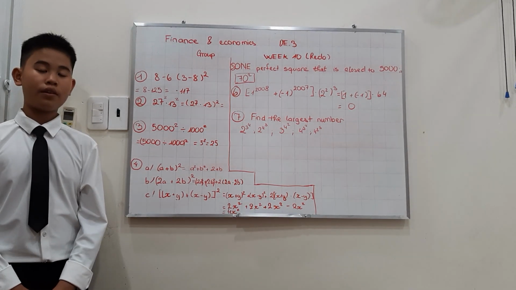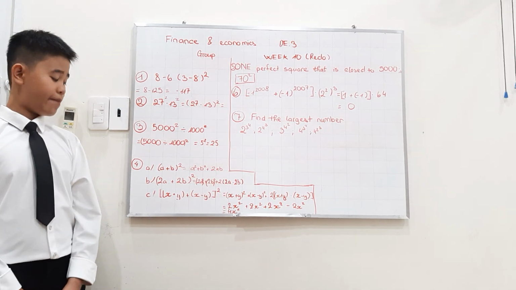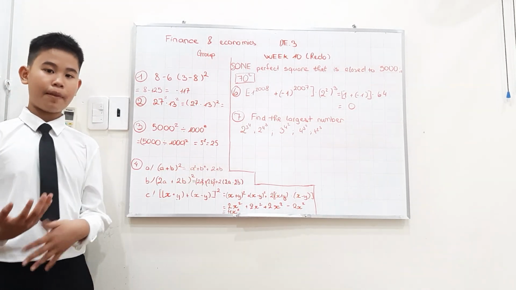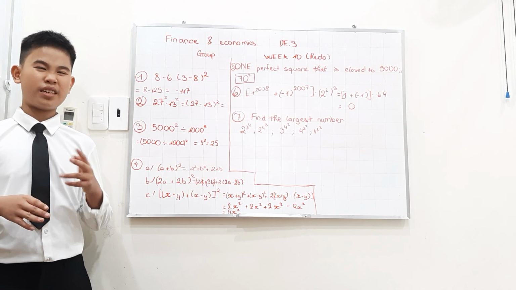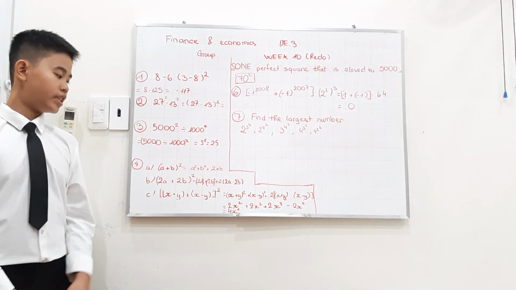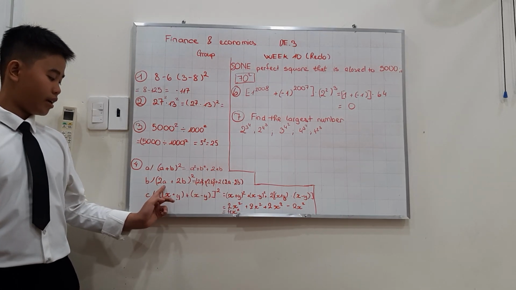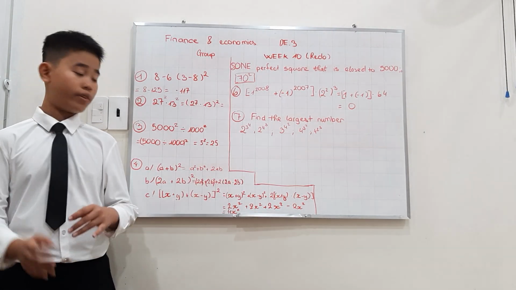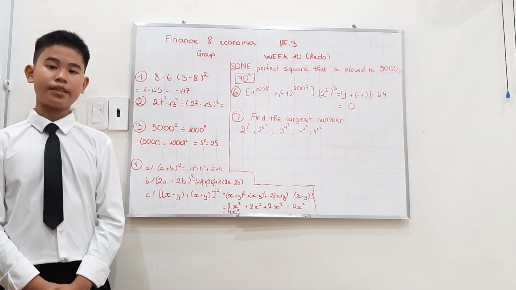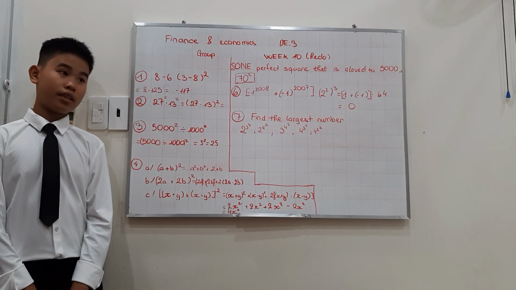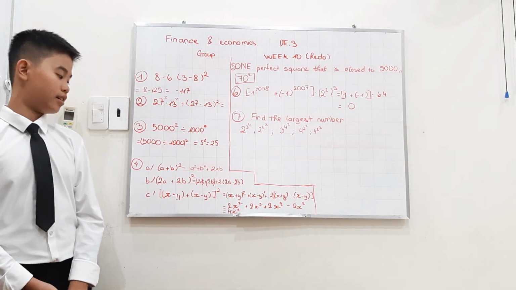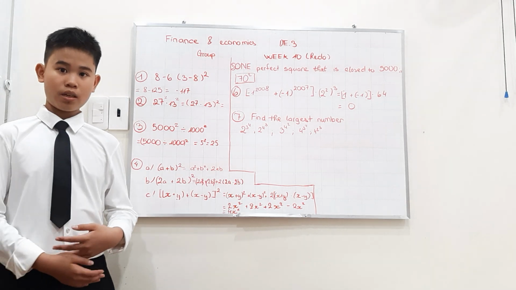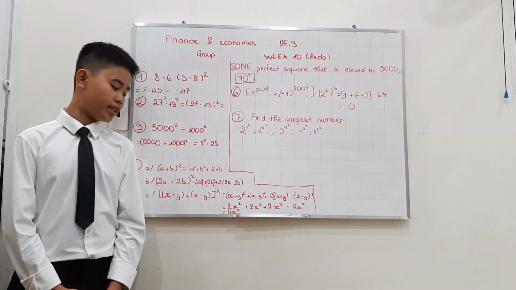For problem 4, we have 3 small problems in it, A, B, and C. For problem A, it is quite easy because we just apply the pattern and it does not change anything. For problem B, we just add the times 2 and put it in the parentheses. If we don't have the parentheses, it will have a different meaning. And problem C is not as easy as the 2 problems before it. We need to calculate 2 more steps to get our final answer, and our final answer is 4x